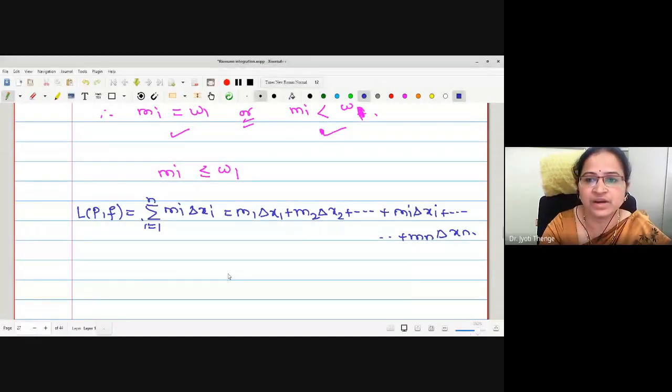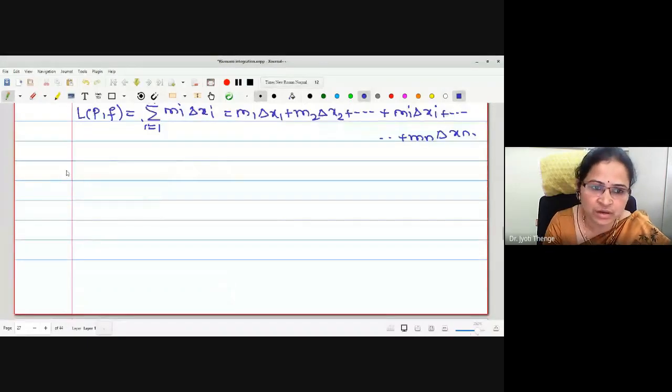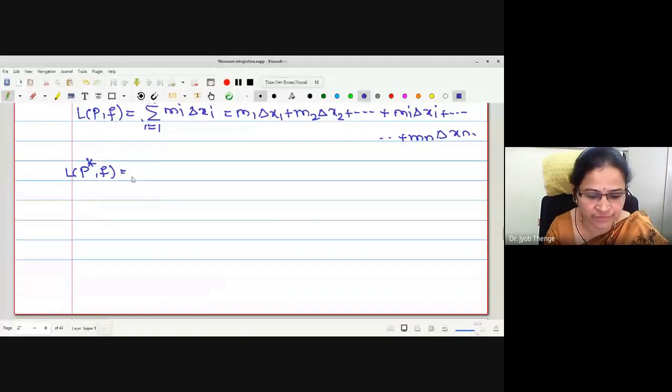Next, we will write down the lower sum regarding the refinement, that is L(P*, f). Okay, what is the definition now? Mi delta xi we cannot write because there are only n subintervals. Let us write independently. No problem except for i. We will write the remaining subintervals as they are: M1 delta x1,